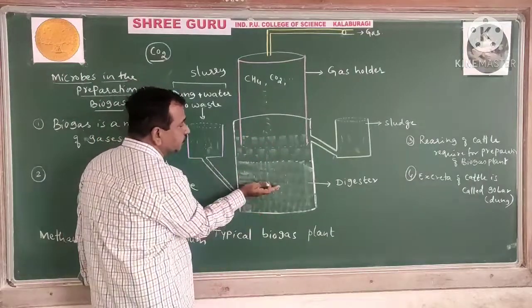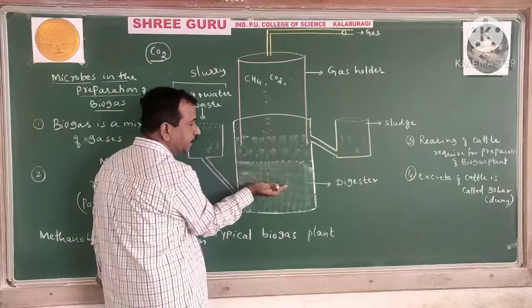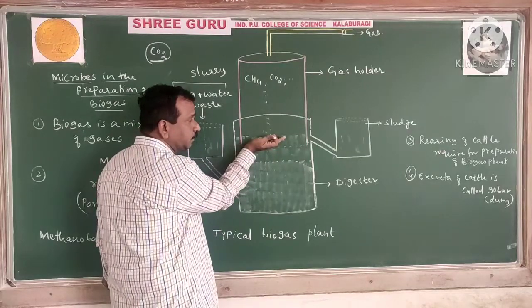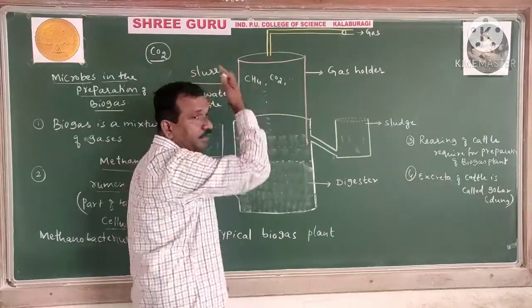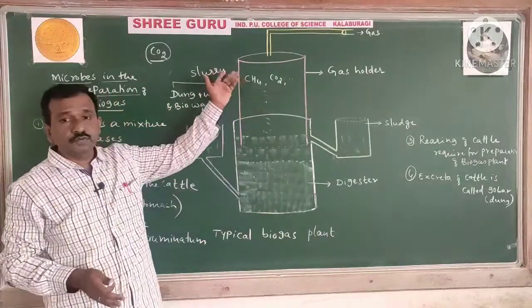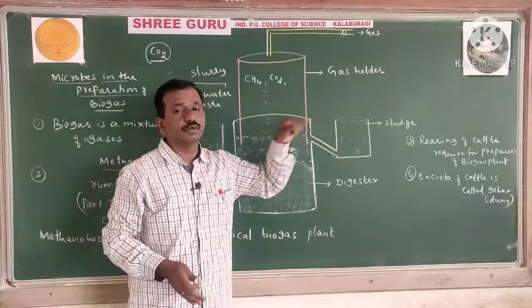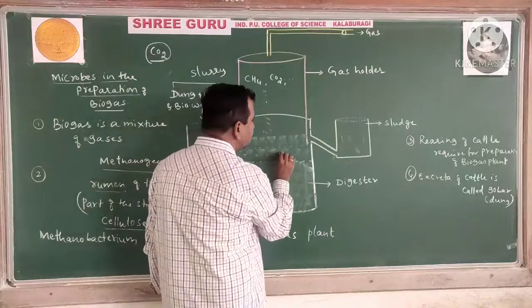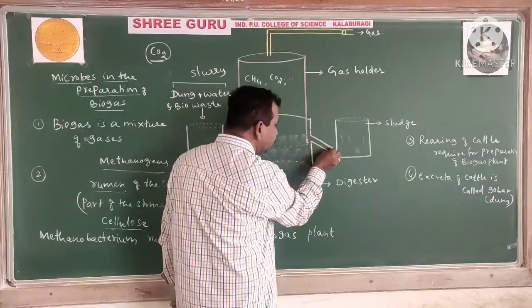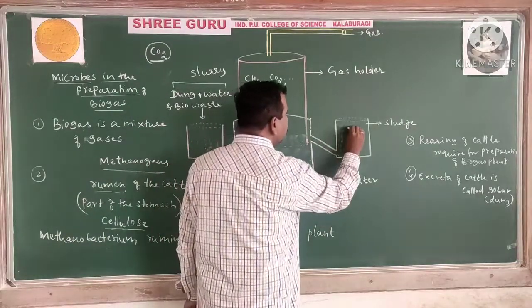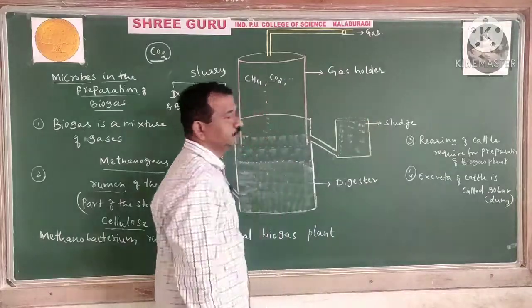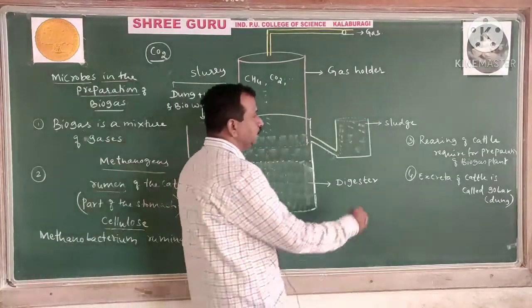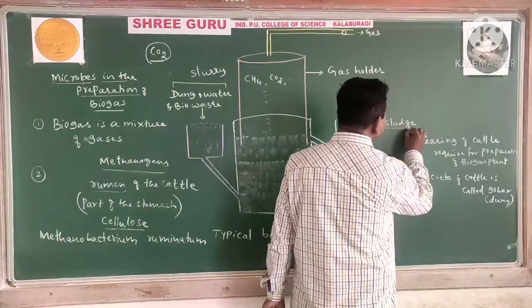So when the slurry comes up, we just have to observe what will happen here. It does not overflow. It is not possible to make it overflow. Why? Because there is another outlet. So as soon as the slurry comes up, you can observe that it will normally be found in another outlet. So here sludge is even considered as a slurry.